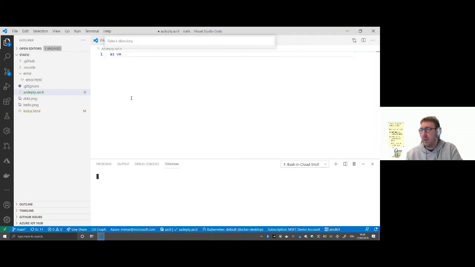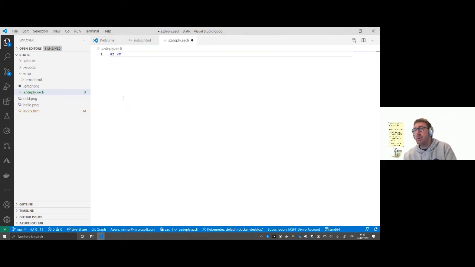Now, the downside is that for me it doesn't seem to be working, because for some reason it's waiting for the directory and it doesn't get the feedback back. So I don't know what's going on there. I think there's something wrong with my profile. But I am going to show you that Visual Studio Code is also integrated on that kind of level. So if we go back to our browser,